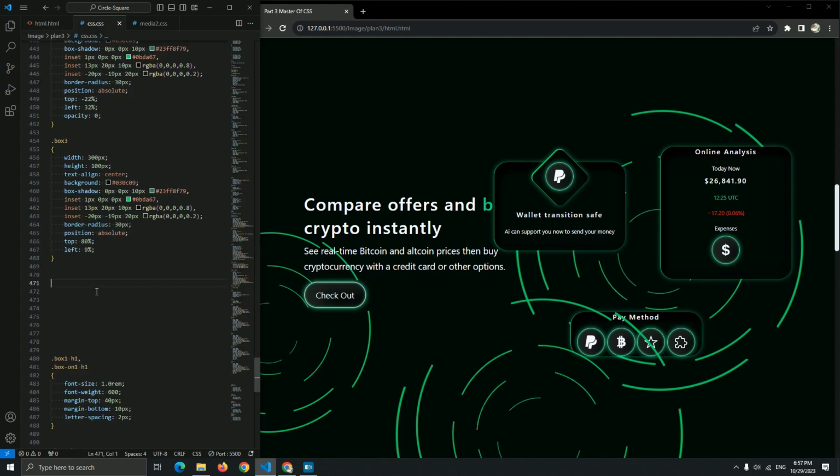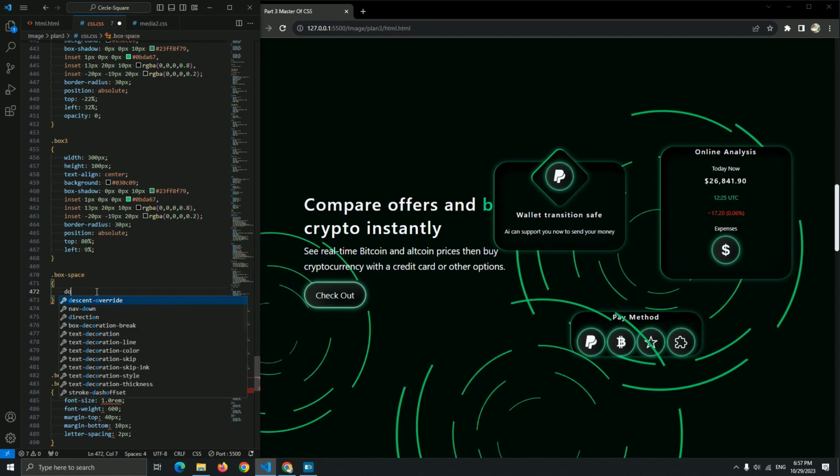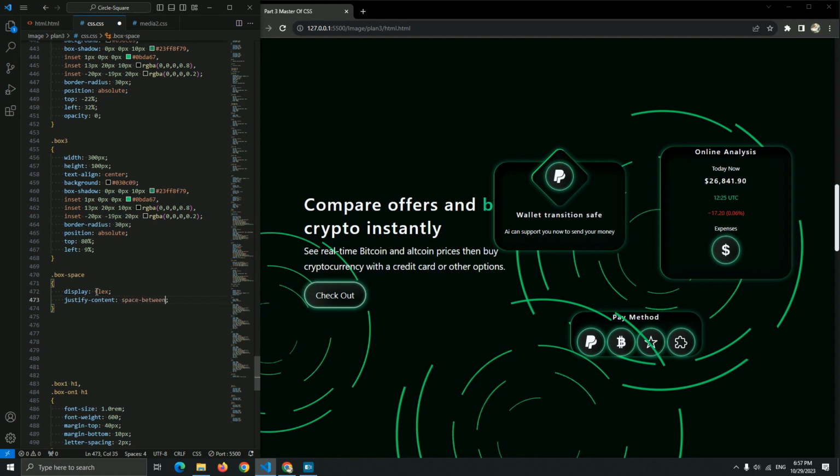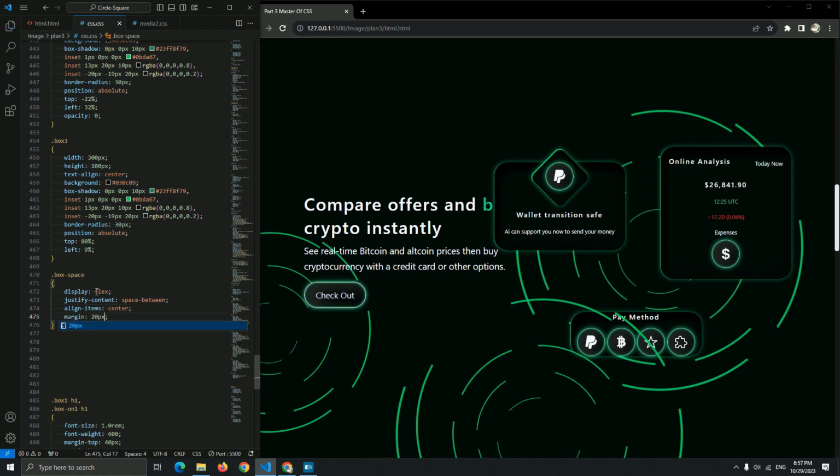Okay, now box space, let me add a display flex just like I said, and the justify content space between, and align items center. Let me add the margin 20 pixel.